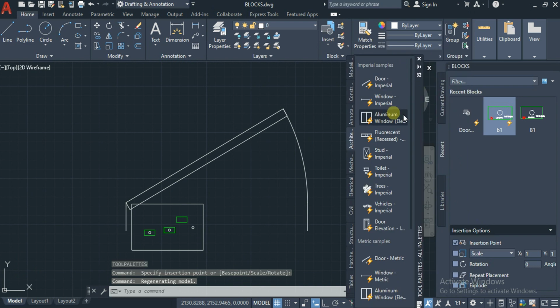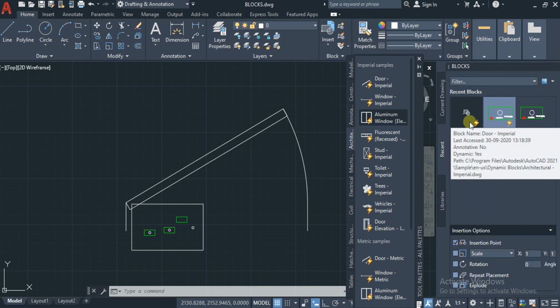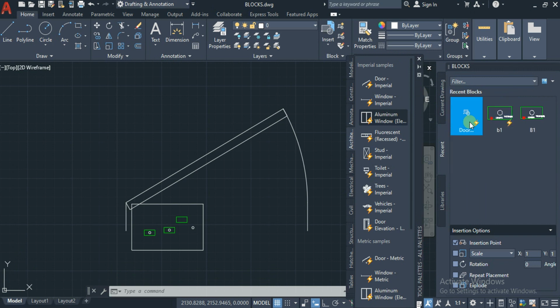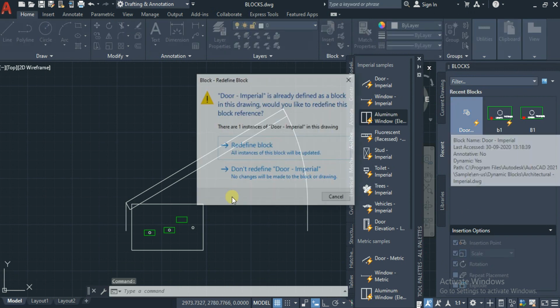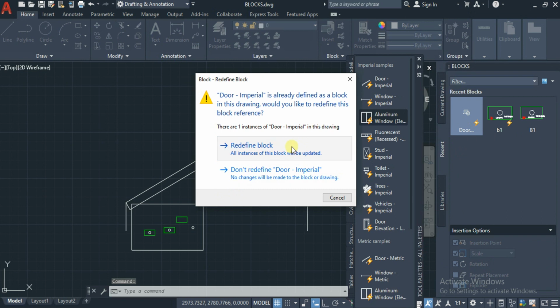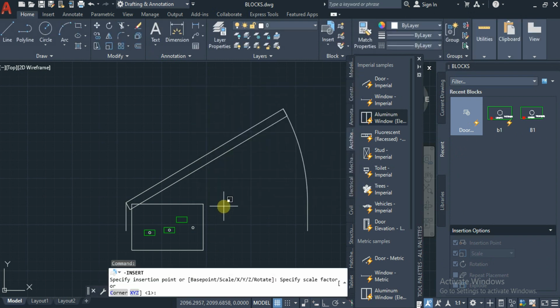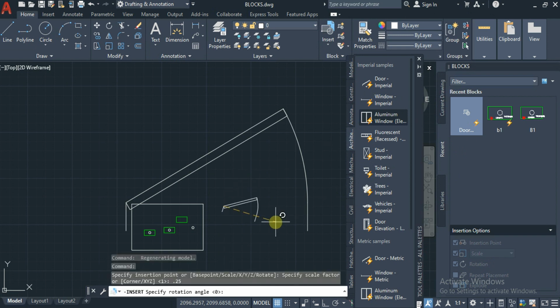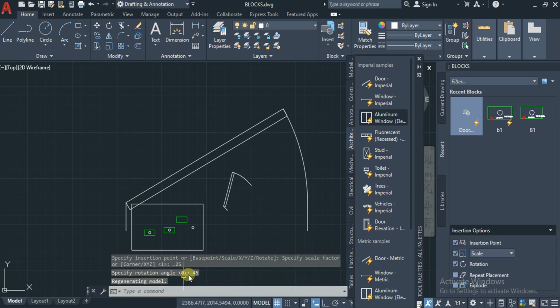In this insertion window, we also get the door here. If you want to scale it down, select it before applying it on the screen, and select the object you want to apply there. Wherever you want to apply, set the insertion point, the scale factor, whatever you need. I'm going to change it to 0.25, and you can give whatever rotation angle you need. I have given it in the command bar.